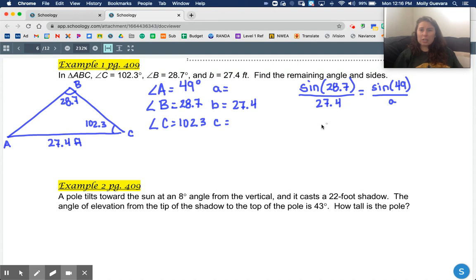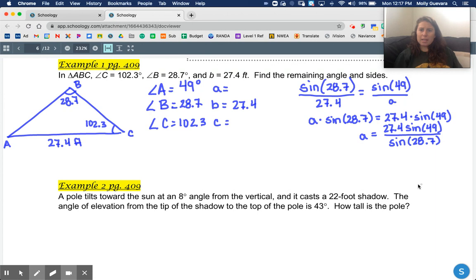And then here I just cross multiply. So I have A times the sine of 28.7 equals 27.4 times sine of 49. Divide both sides by sine of 28.7, so A equals 27.4 sine of 49 divided by sine of